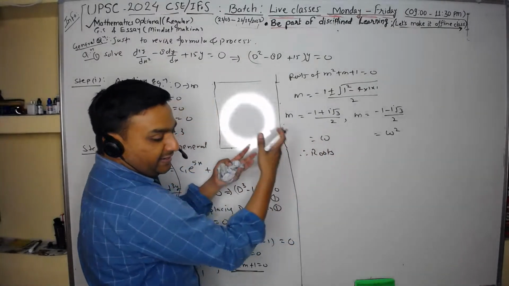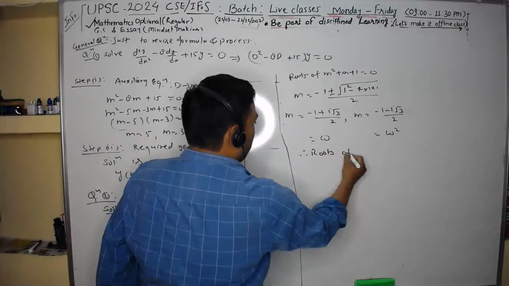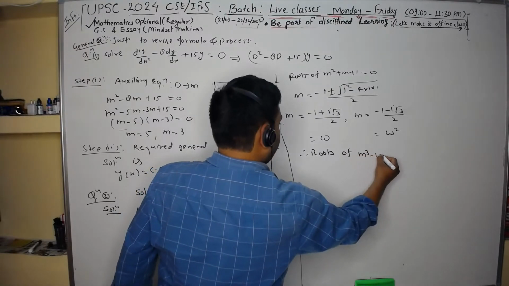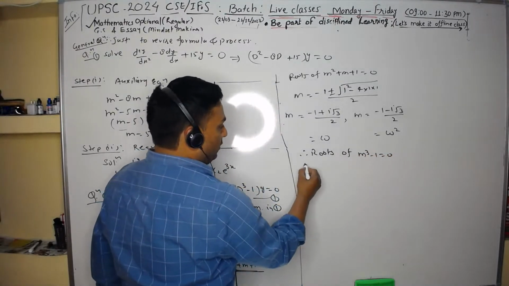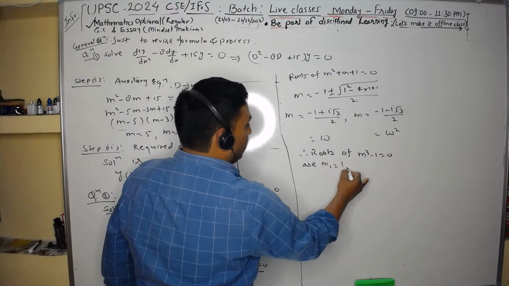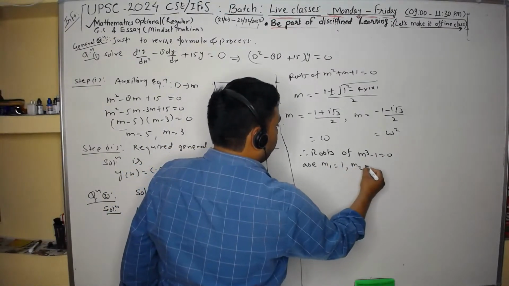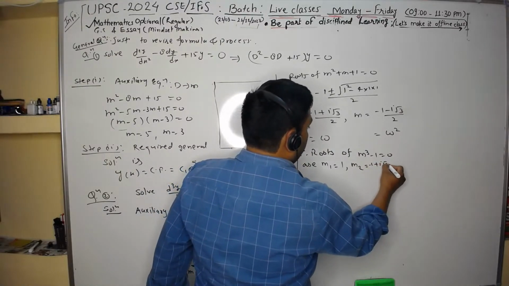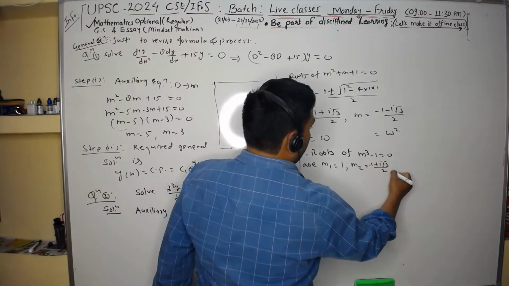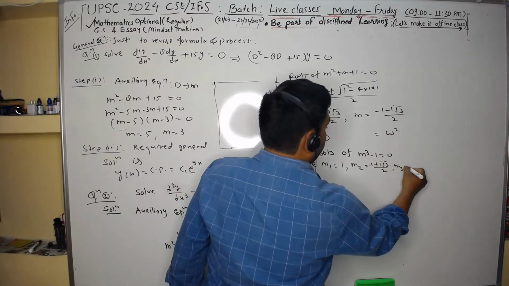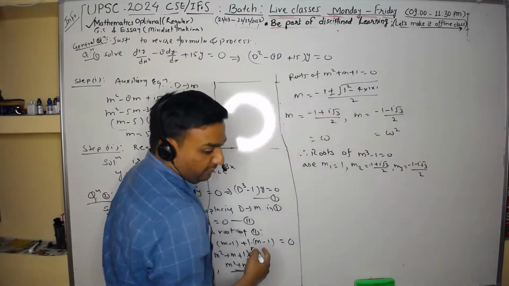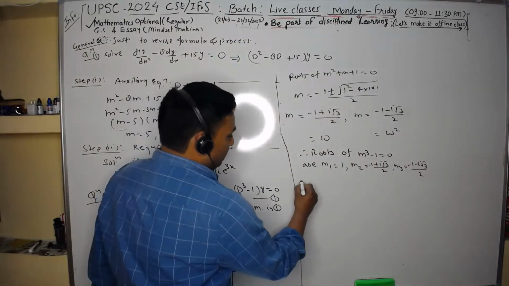But this you represent at 10 plus 2 level also. So roots of m cube minus 1 equals to 0 are m1 equals 1, m2 equals minus 1 plus iota root 3 by 2 and m3 equals minus 1 minus iota root 3 by 2. Okay, so